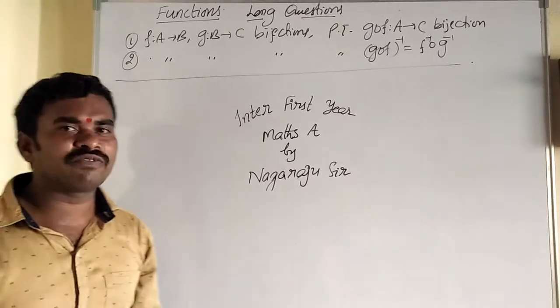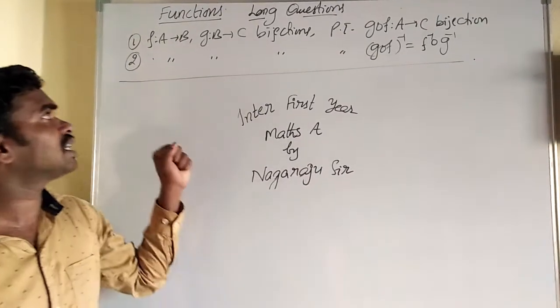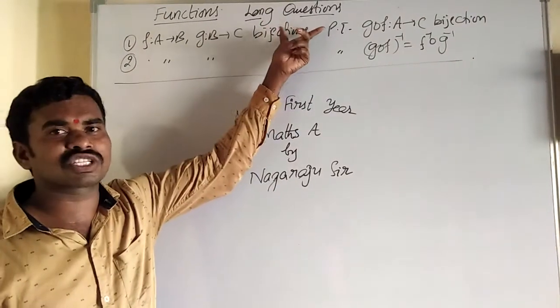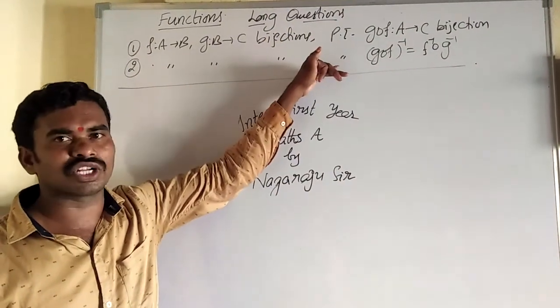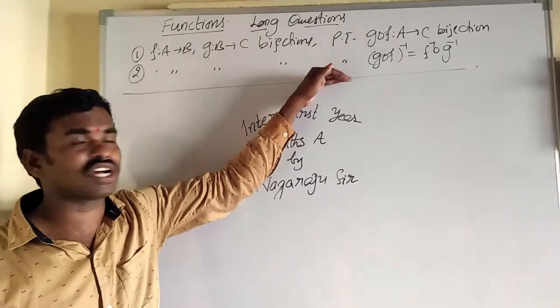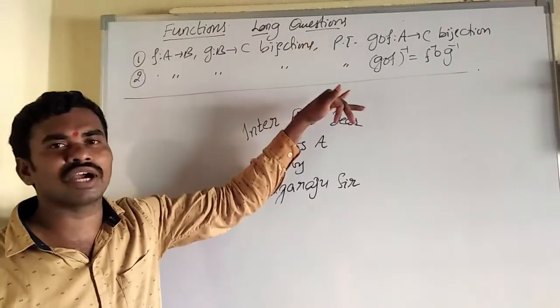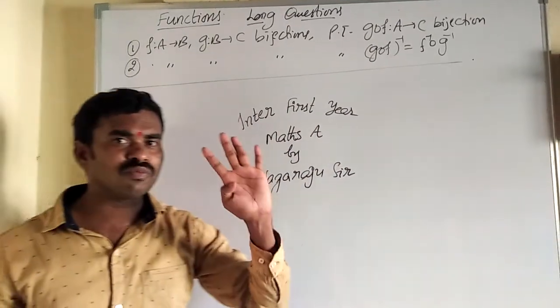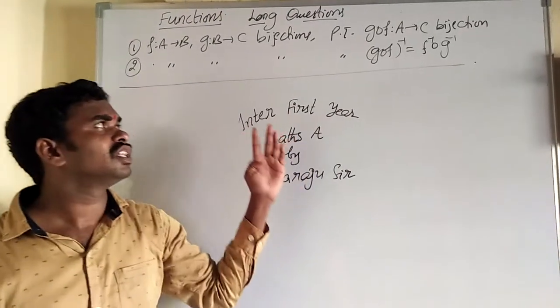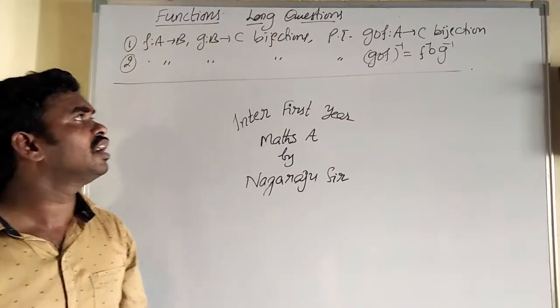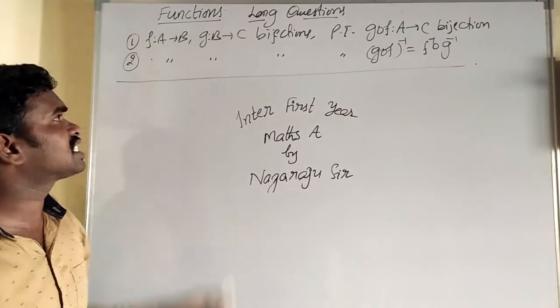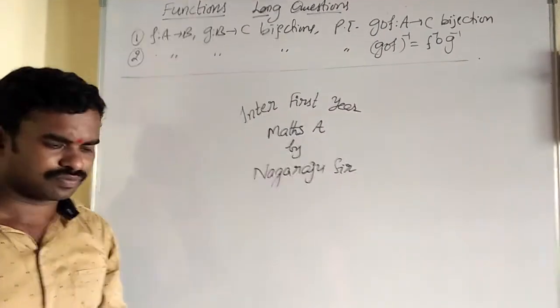Here one small piece of information is that you must prepare one by one. If you are perfect on the first question, only then go to the second question. After getting perfection on the second, go to the third, then the fourth, then the fifth. So four most important questions are there. If you know these four, you have 7 marks in your hand. Now let us see what the third question is.